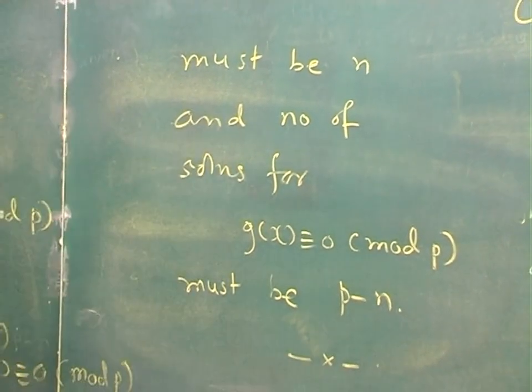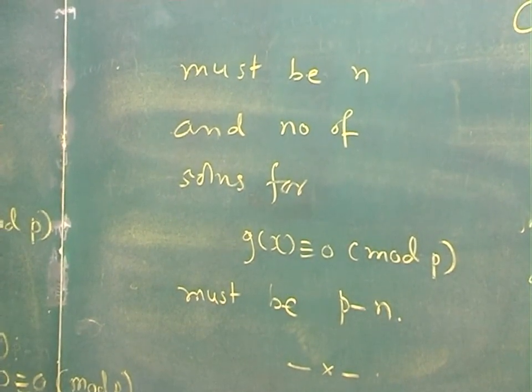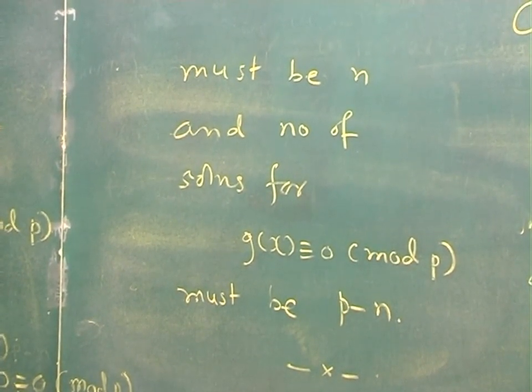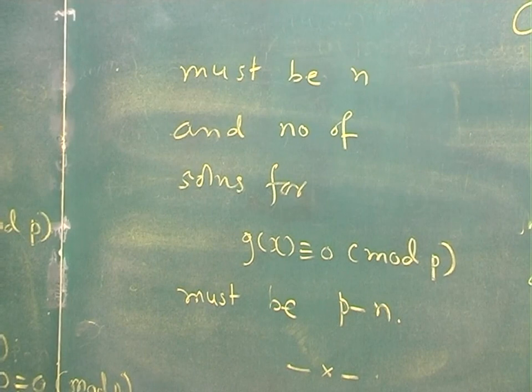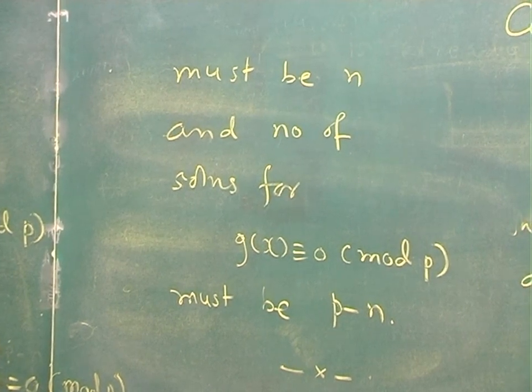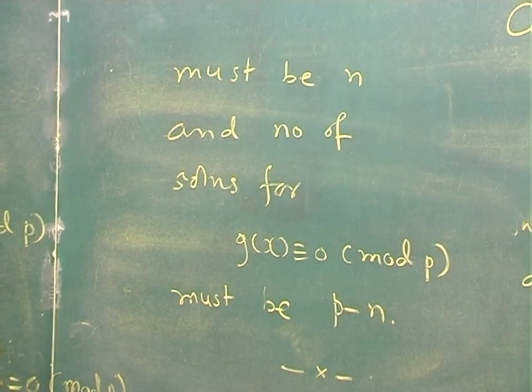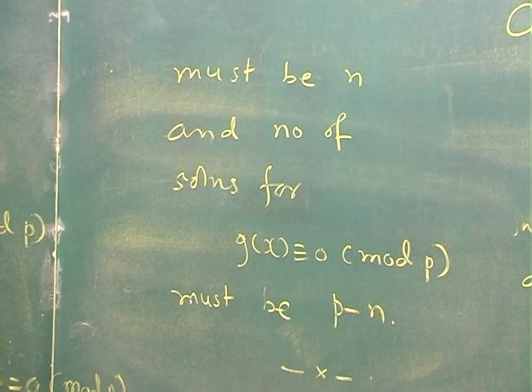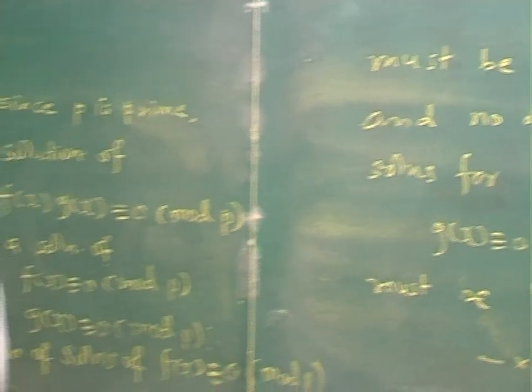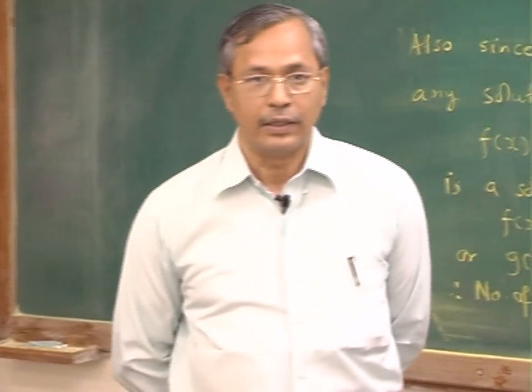That if we have x raised to p minus x equal to f(x) into g(x) plus p times s(x), then f(x) is of degree n, that is given to you, and f(x) will have exactly n solutions. So this is a criterion for the congruence f(x) congruent to 0 mod p to have exactly n solutions, where n is the degree of the congruence as well as the degree of the polynomial. The polynomial is a monic polynomial, and this is what we shall be using in the